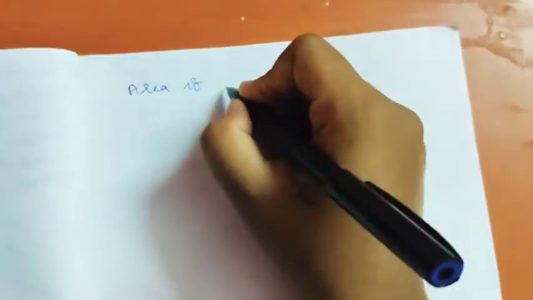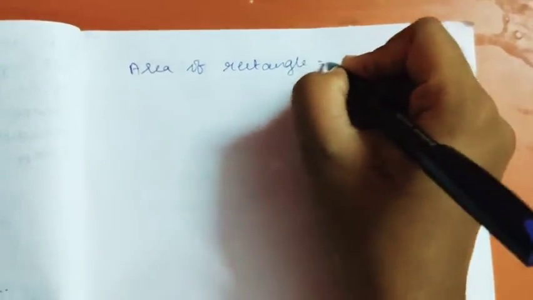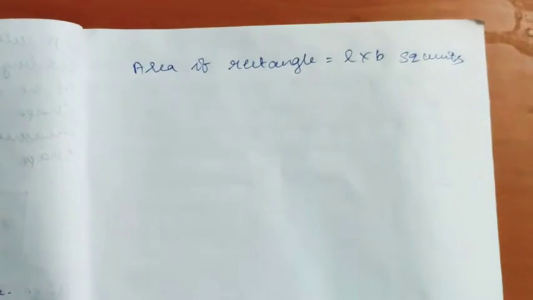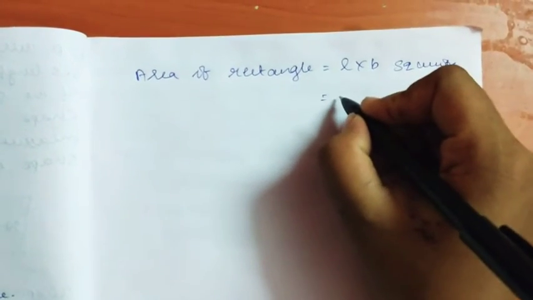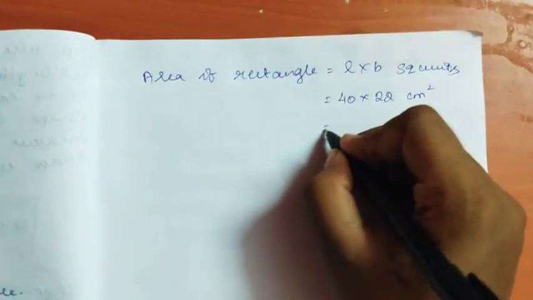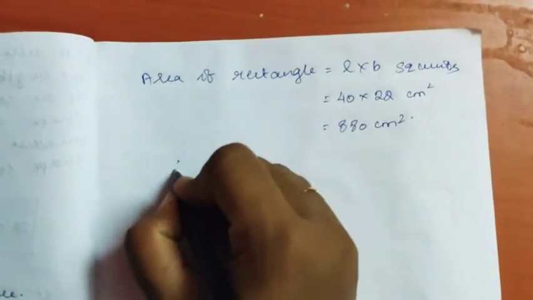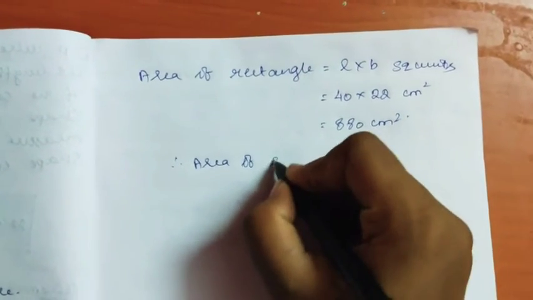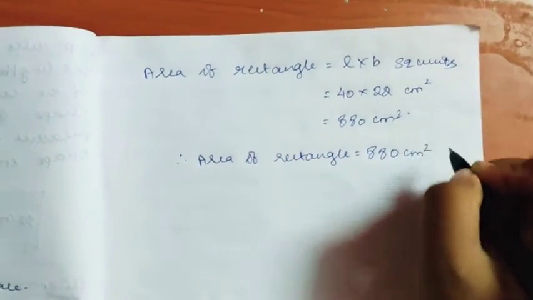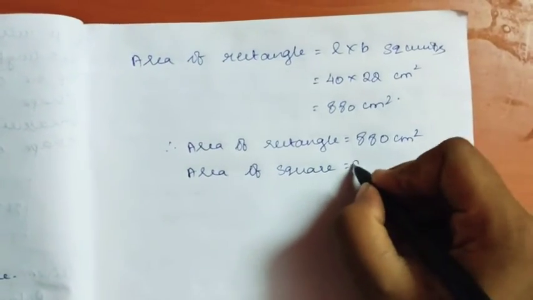Area of rectangle equal to length into breadth square units. Length is 40 centimeter and breadth is 22 centimeter, so we get 880 centimeter square. Therefore area of rectangle equal to 880 centimeter square and area of square equal to 961